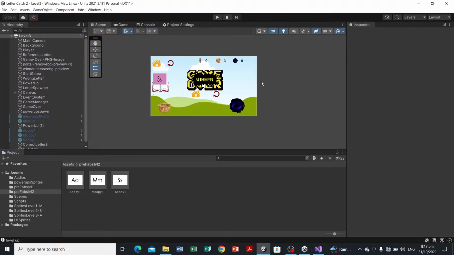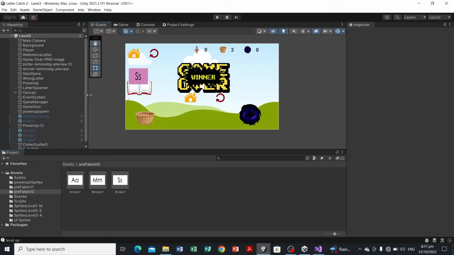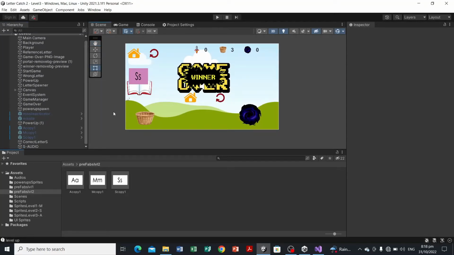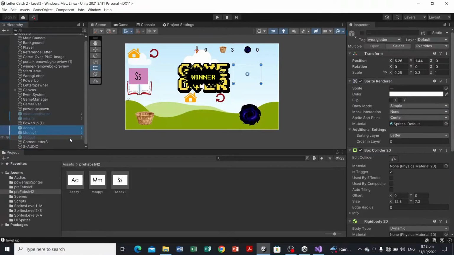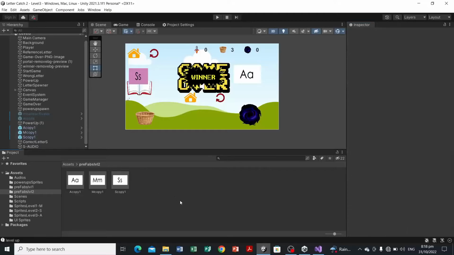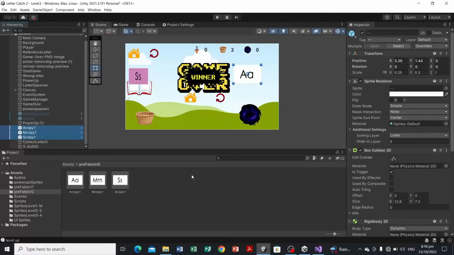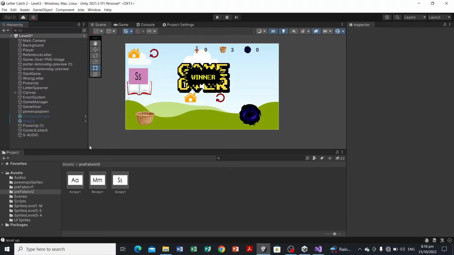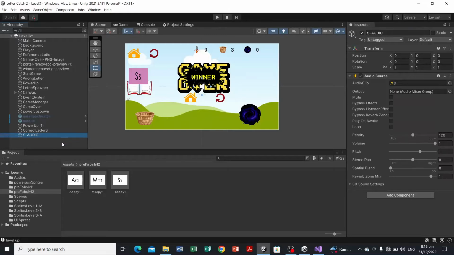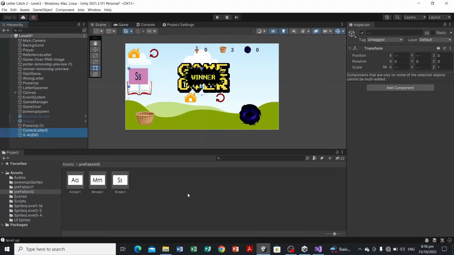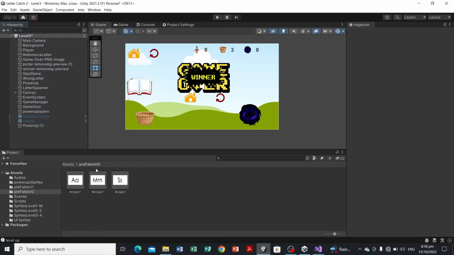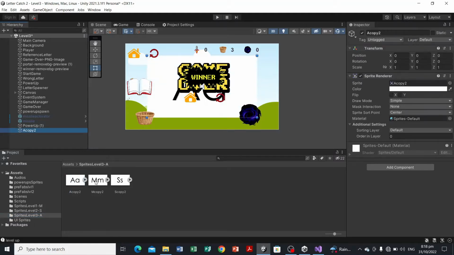So we are now on Level 3, and we are just going to reconfigure some game objects. So first, we're gonna have this one. We're gonna have to activate it in the scene and delete it. Press delete. Okay, and then the S audio as well, and the correct letter S. Delete, and then we're gonna head over to our sprites level 3, and we're gonna drag the letter again one by one,